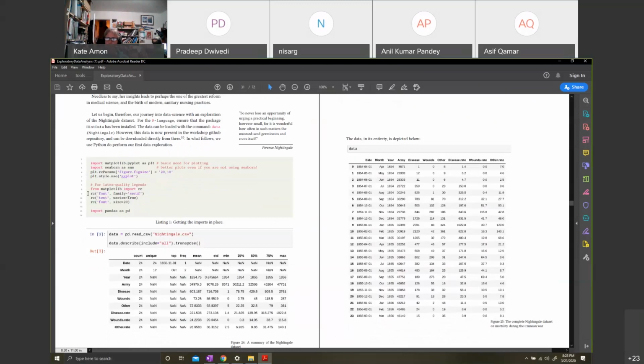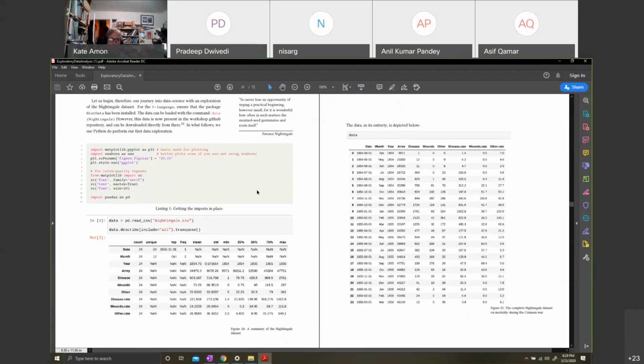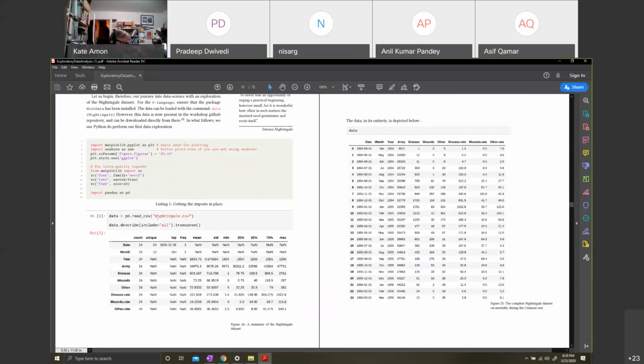So here are some of the tricks. I use LaTeX in the text and so on and so forth, and you will see some of that in effect. I already set the figure size, I set the style of the plot, ggplot, and so forth. So I'll take an example. This is the way you would do it in pandas.